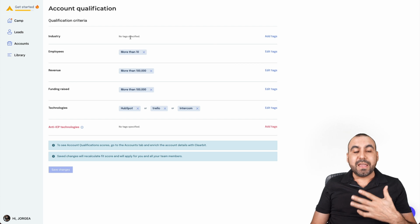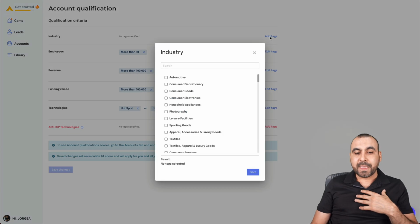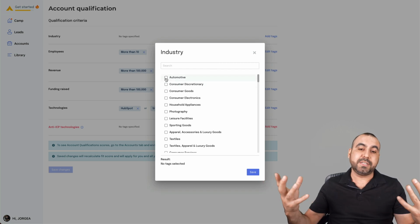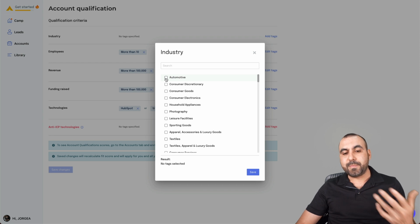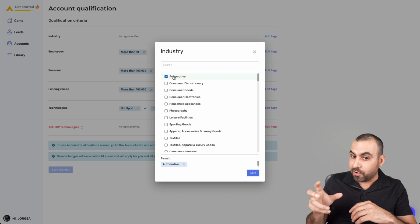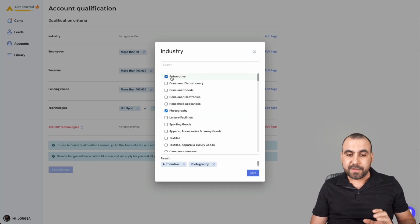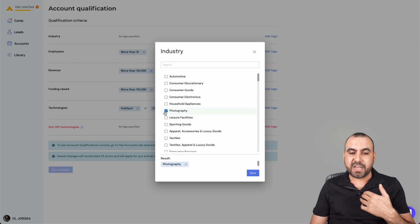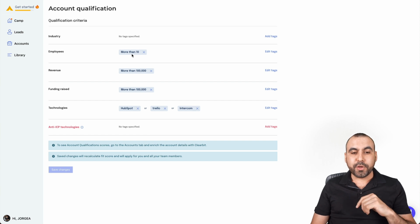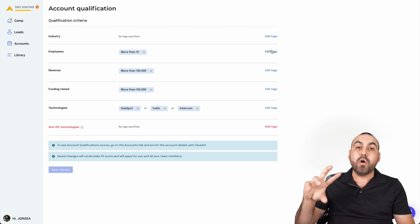So for example, in my case, I don't care about the industry, but if I did, I would select, for example, if I'm an auto parts seller and the industry from the email that they're sending from is automotive, well, it's going to raise the score, all right? So you kind of get the idea. Automotive, photography, those kinds of industries, if they come from that email company, then it's going to raise the score. For employees, in my case, I'm saying if they have more than 10, we'll raise it,